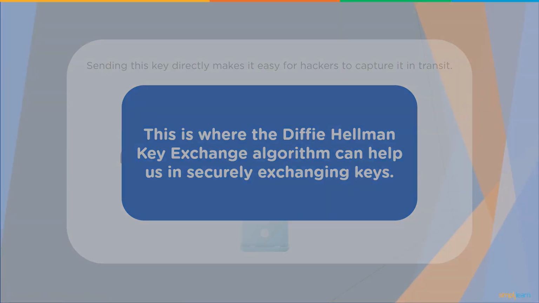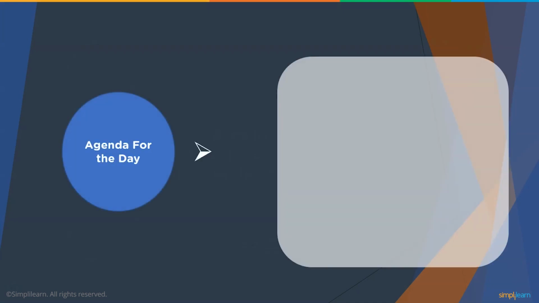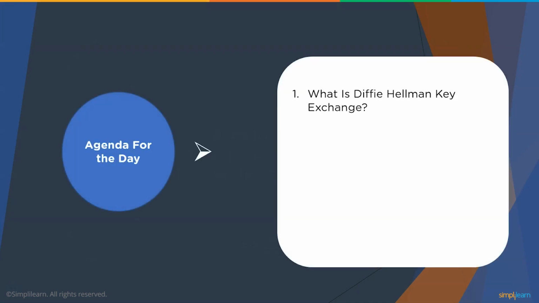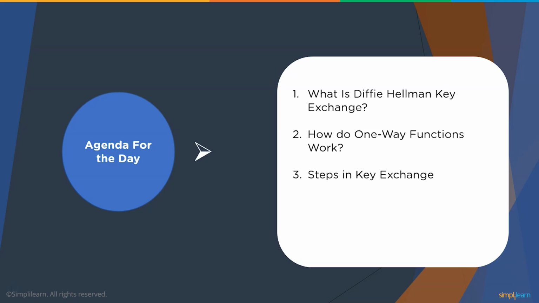Let's take a look at the topics we are going to cover today. We start by learning about the origin and the features of the Diffie-Hellman key exchange. Next, we understand how one-way functions are helpful in exchanging the encryption keys. Moving on, we take a look at a step-by-step approach in the entire key exchange process while using real-world variables to give a more practical approach to the algorithm. Finally, we take a look at the places where the Diffie-Hellman key exchange process is most influential.